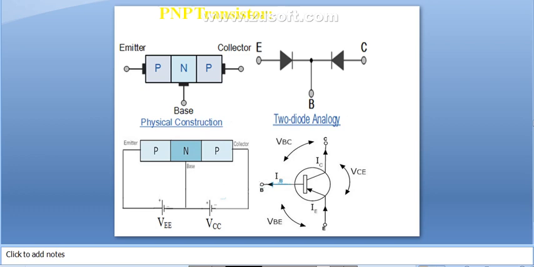The forward bias is applied to the emitter base junction of this PNP transistor. It causes a lot of holes from the emitter region to cross over to the base region. Here the base is lightly doped with N-type impurity. The number of electrons in the base region is very small, so the number of holes combined with the electrons in the N-type base region is also small. So few holes combine with the electrons and produce a base current. The remaining holes, more than 95%, cross over into the collector region and produce a collector current.